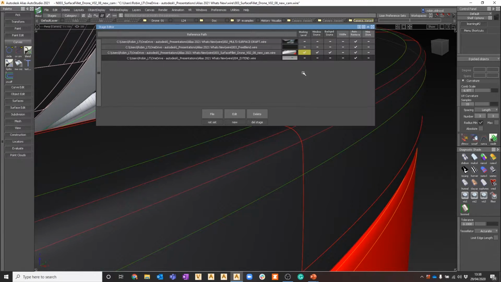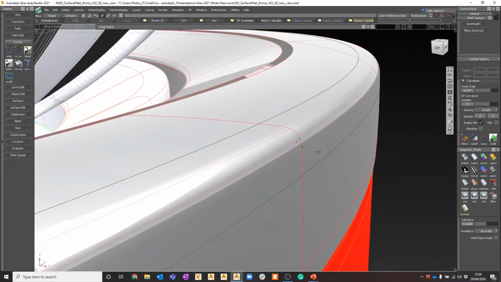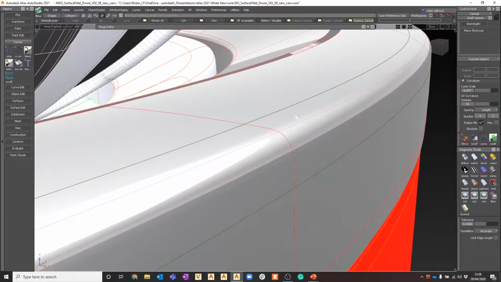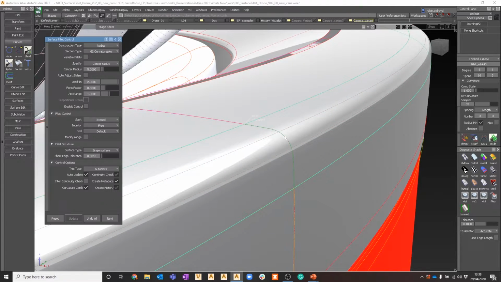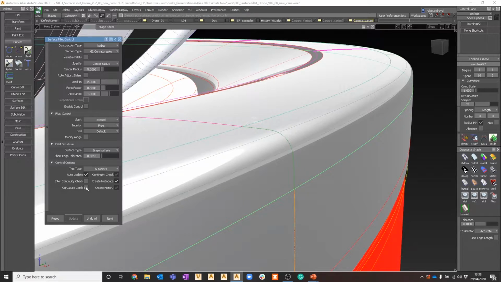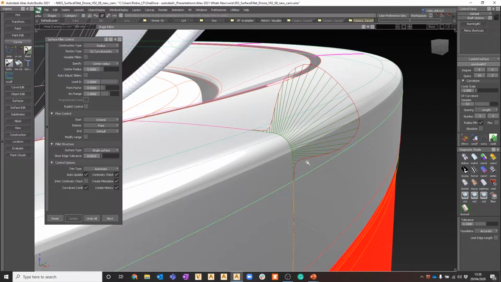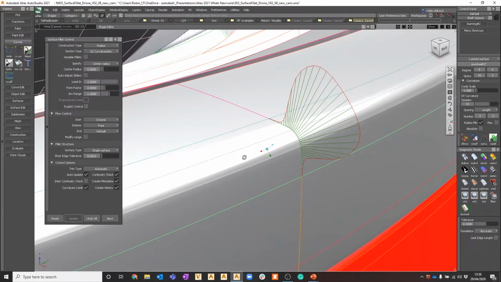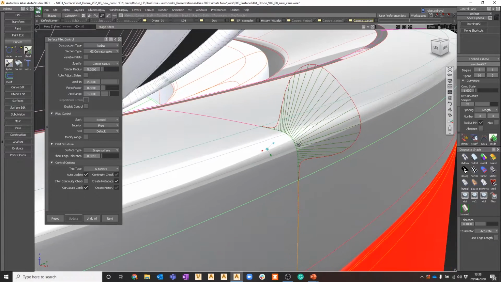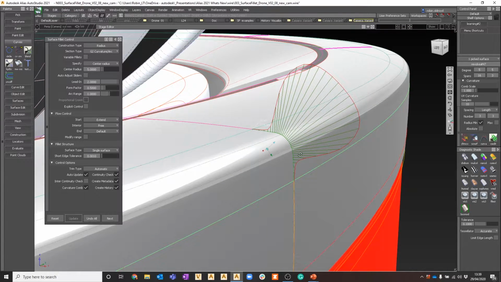So in here, I've gone into my stage and we've already got a surface fillet created with curvature and arc. So let's query edit this. Bring the tool back, you can see its curvature and arc is set, and I'm going to put on the curvature comb. So we've now got the curvature comb appearing, and you can see that the lead-in is very rapid, but it maintains the radius for a lot longer. And you'll see that in here we've got additional isopalms. To build this, we have to build it with additional controls to control it. Maybe in future the algorithms will improve and we can make that